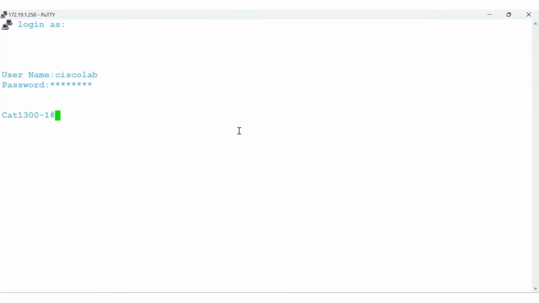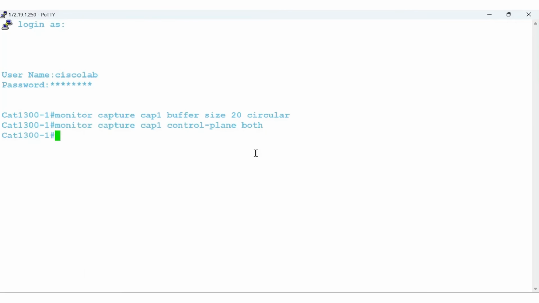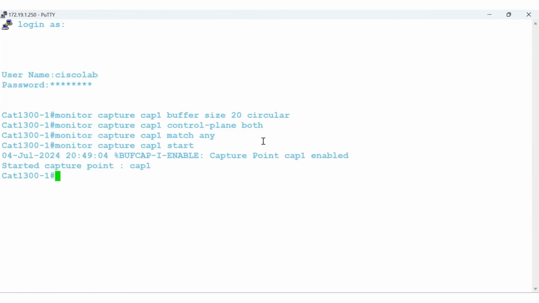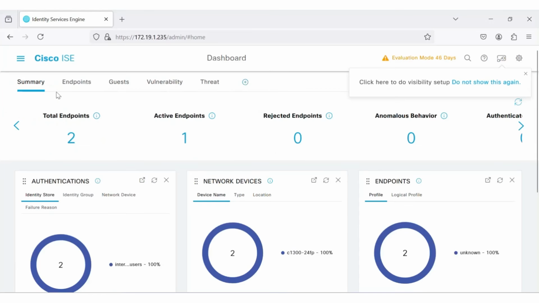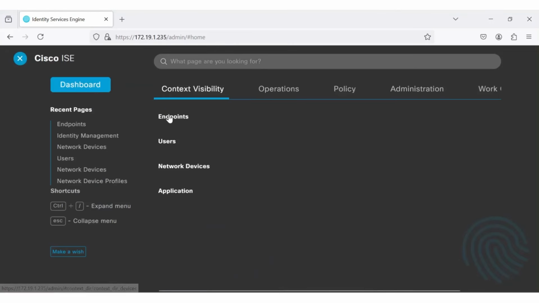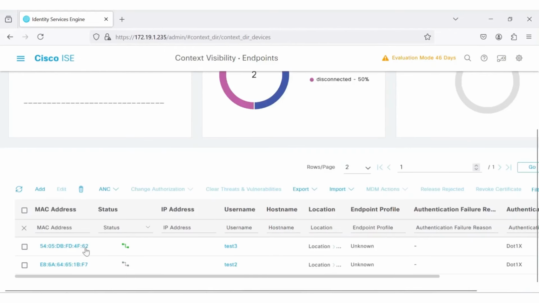Before initiating the CoA operation on ISE, enable packet capture on the switch. Define the capture point. Start by specifying the buffer size and buffer mode. I'm using 20 megabytes and circular in this case. Specify the control plane as both and the match criteria as any. Start the packet capture. On ISE, navigate to the Endpoints option under Context Visibility, select the MAC address for the